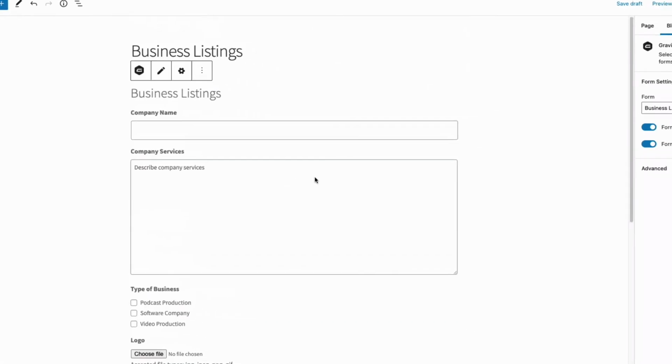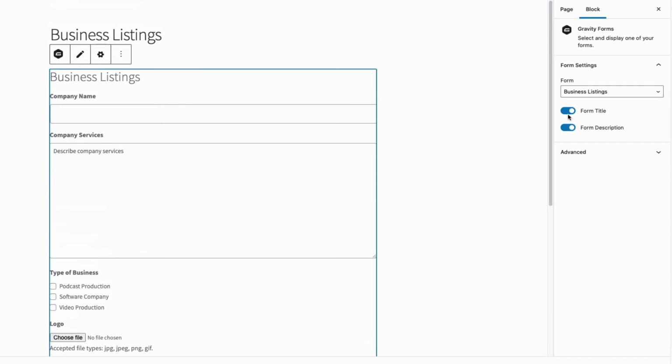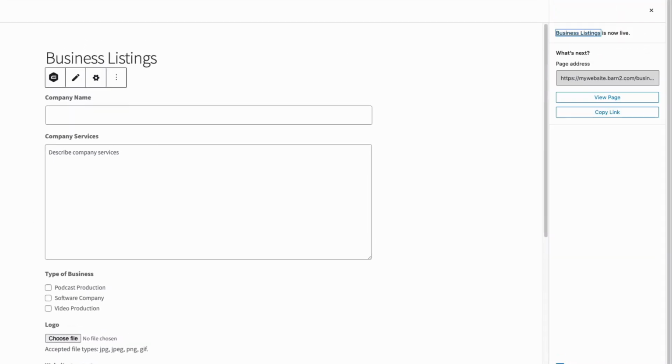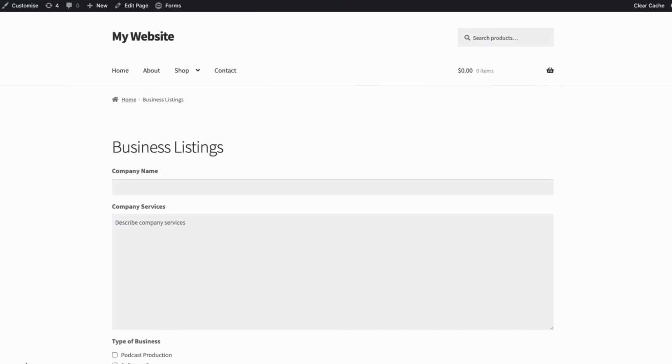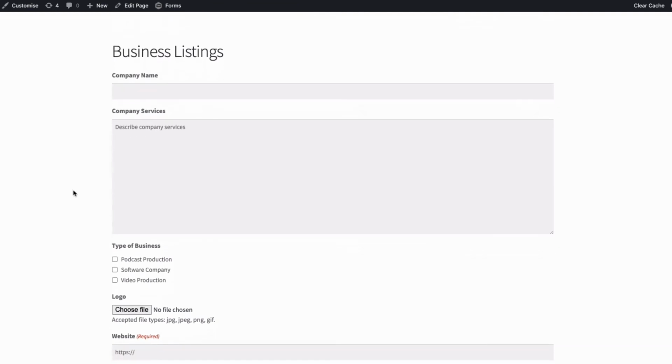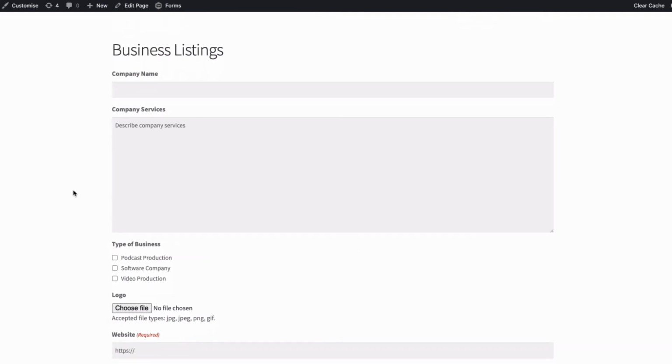Now I'm going to click on the form part of the page, and I'm going to remove over here the title and description to avoid duplicating them like so. And I can add other content to this page if I want to. So I'm going to save the page, and then if we view it, we'll see our form all ready to be filled in by our users. And at this stage, if you see anything you want to change, head back to Forms and edit it.